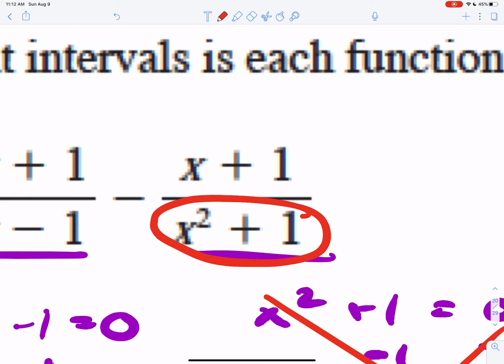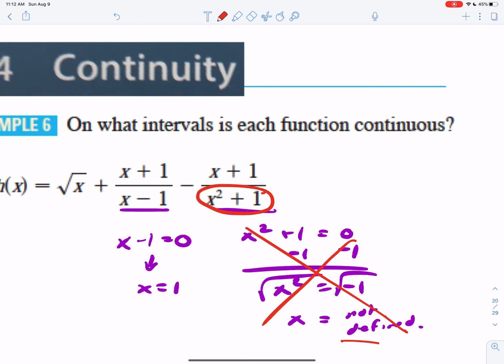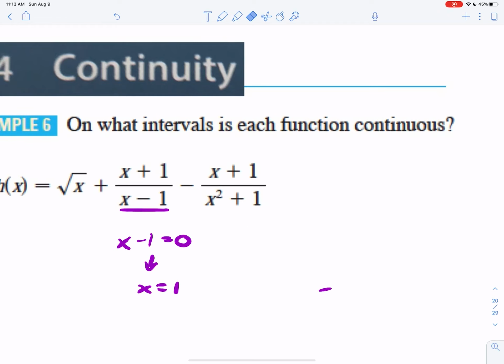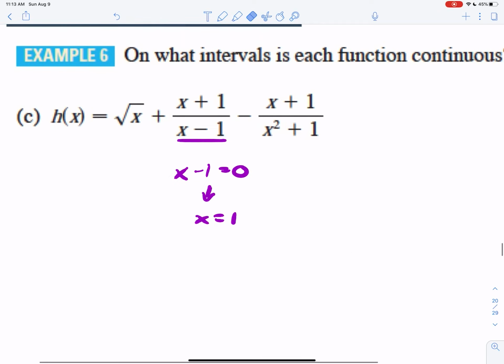Because if you square a number, it's never going to be negative. It's always going to be positive, right? In most cases. So that's the reason why you're getting something funky here. So we actually don't have to worry about this denominator, okay? Because there's nothing that can go wrong there, all right? So we know that x can't be 1,